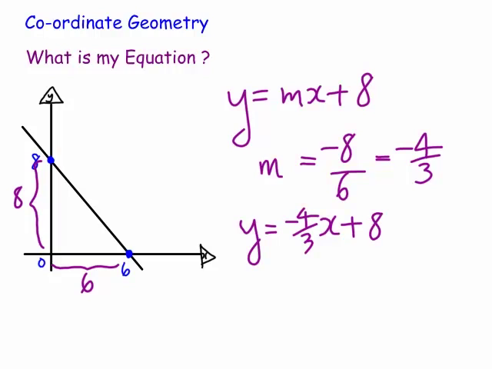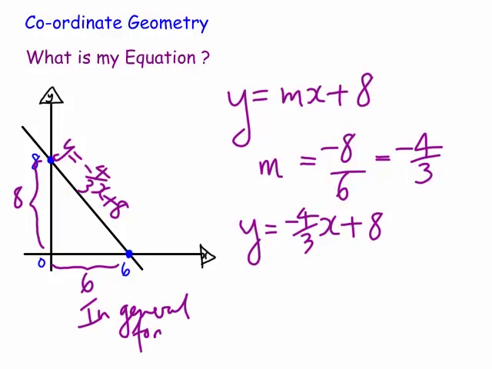So let's write it in. y equals minus 4 on 3 x plus 8. This is the line going through 8 and 6. Sometimes you're asked to write this in general form. So in general form,